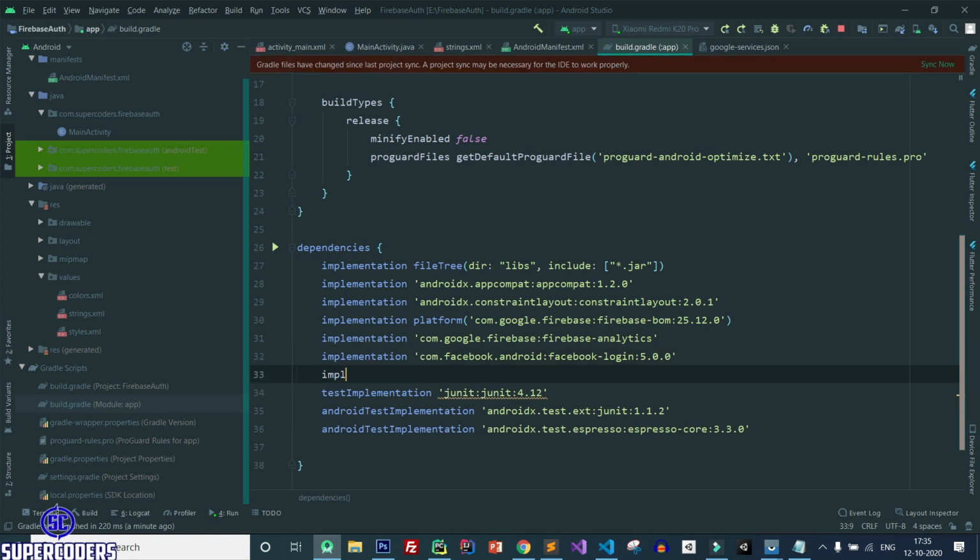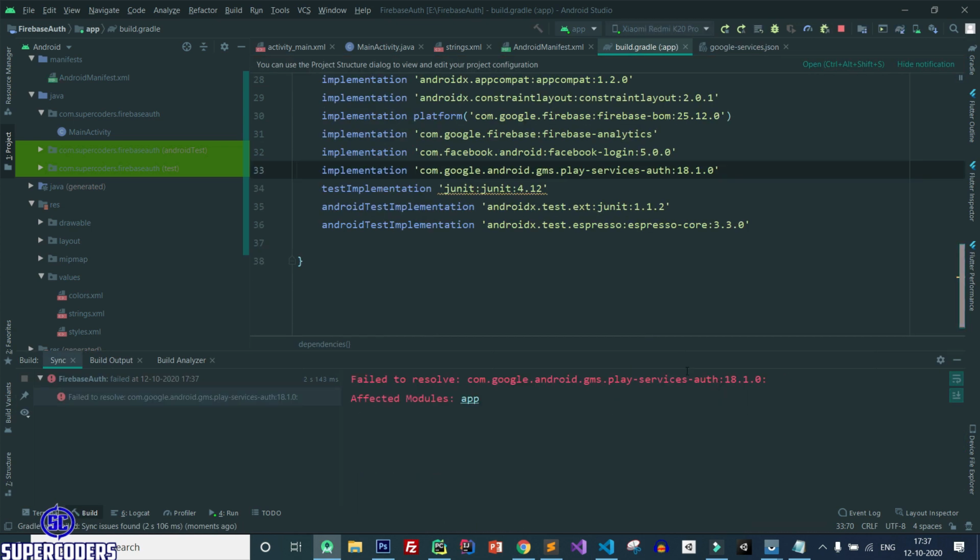So again, implementation com.google.android.gms:play-services-auth. Then you need to pass the version, 18.1.0, which is the current latest version of Google Play services. Simply click on sync now,